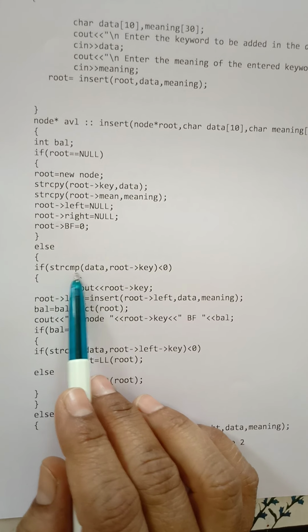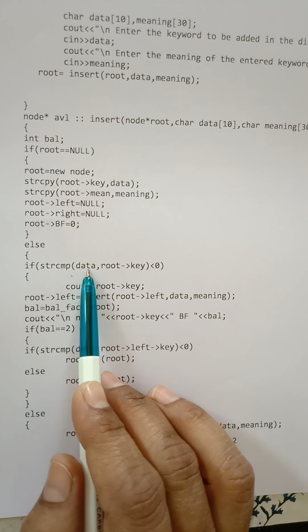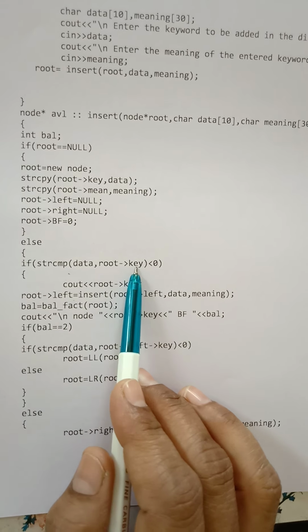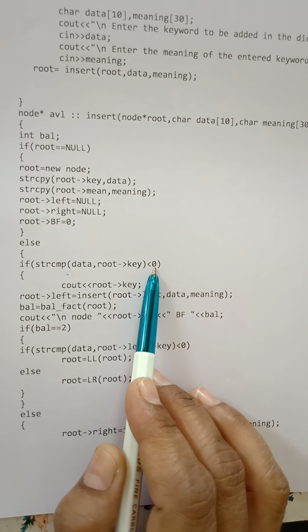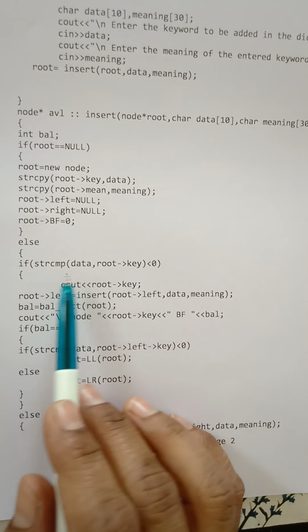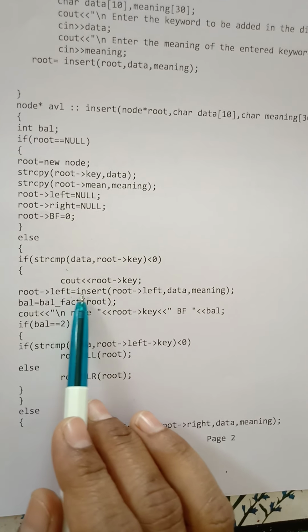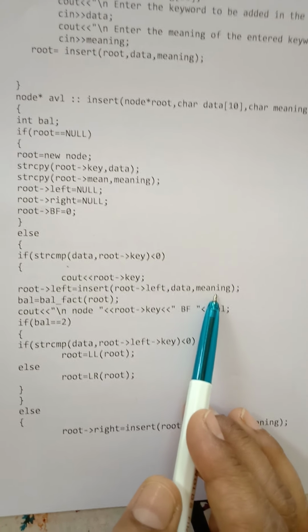String comparison of data and root's key, the data meaning the key that you want to insert. If the difference between that key and the root key is less than 0, you will be inserting in the left subpart of the root. That's why root of left equals insert(root of left, key and meaning).